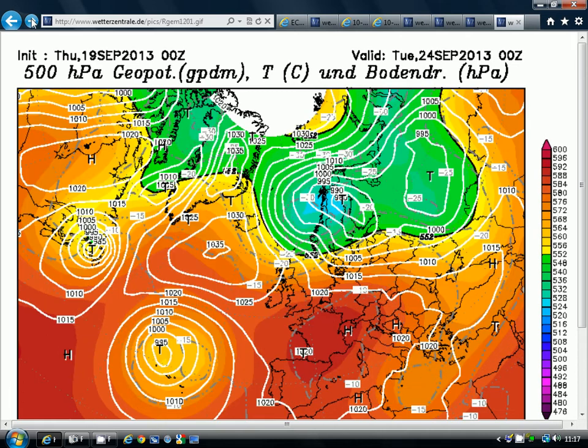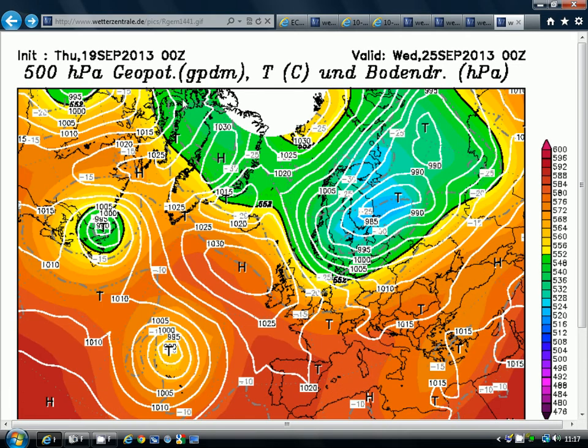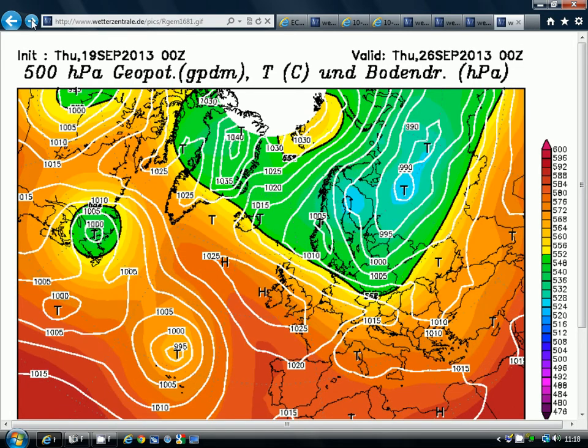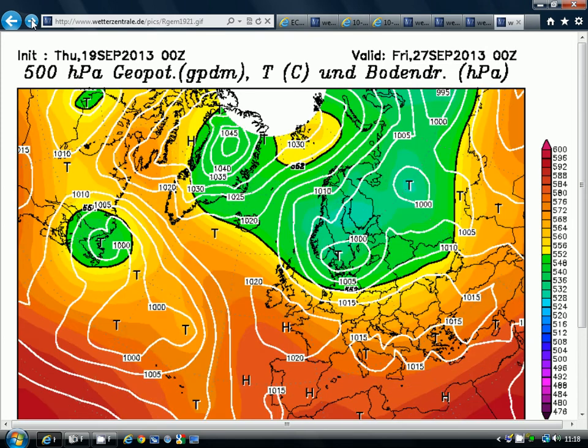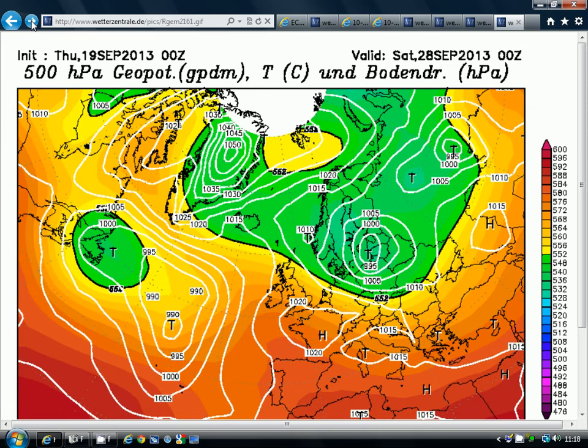And finally, the Canadian model, the GEM, has the high pressure giving us the warm weather to start next week. Then we take high pressure out to the country and bring much cooler air down. So this is sort of in agreement actually with the GFS. I think we will turn it a lot cooler through the middle of next week after that very warm start. Then we keep high pressure influences going through much of next week, so it probably stays largely dry, with winds from the northeast.